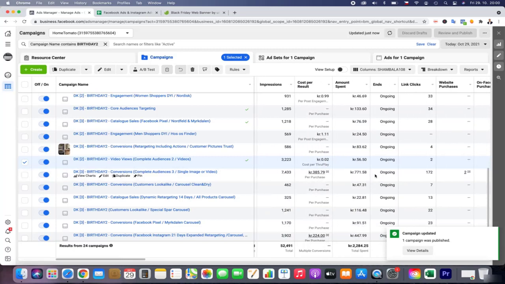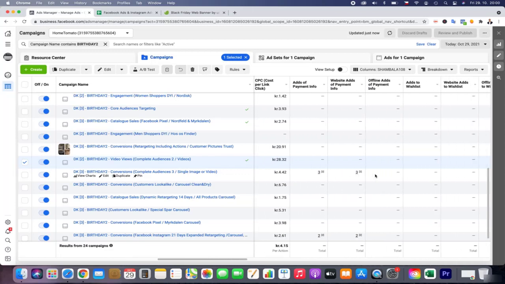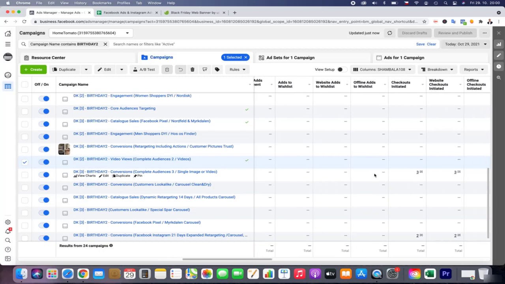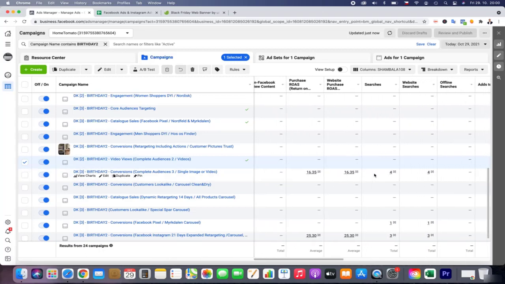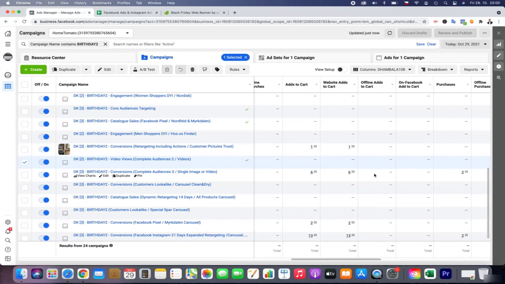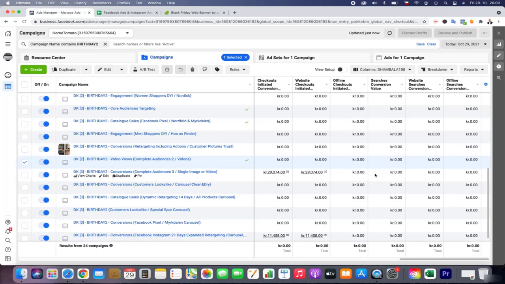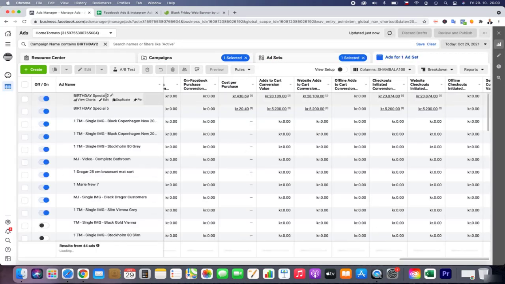The main conversion we have like quite okay. The link click is actually very, very good. Actually, we have some started checkouts, view content, we have some add to cart action, purchases. It's not so high value, but it's quite okay. For starting the campaign, it's quite okay.